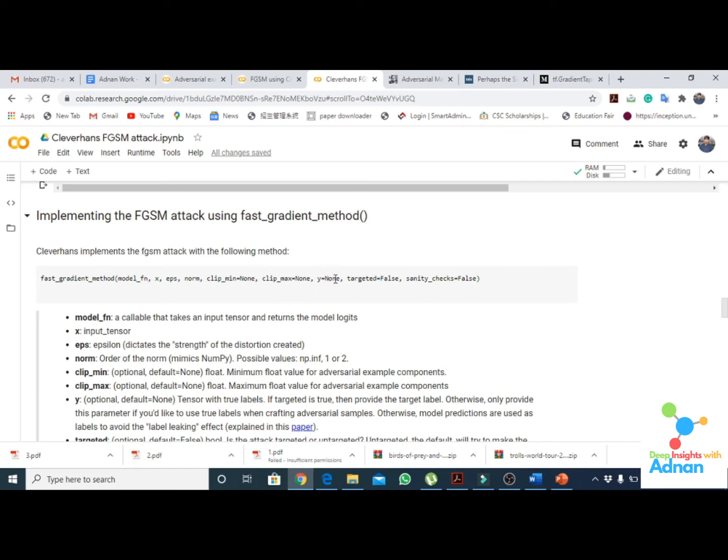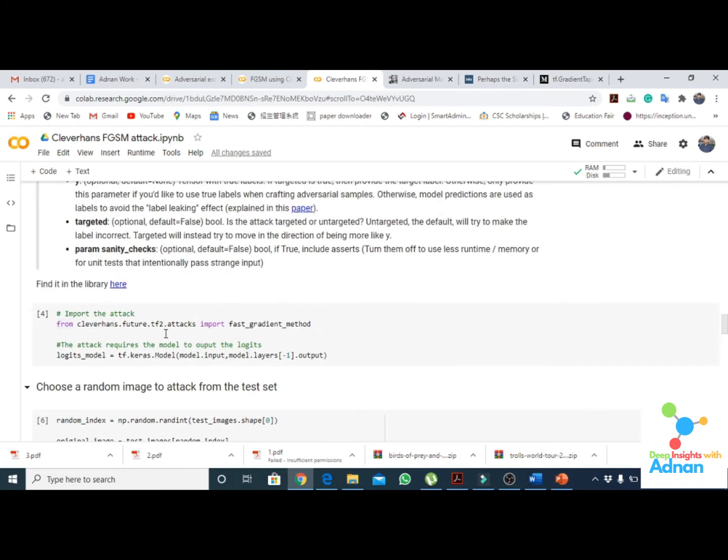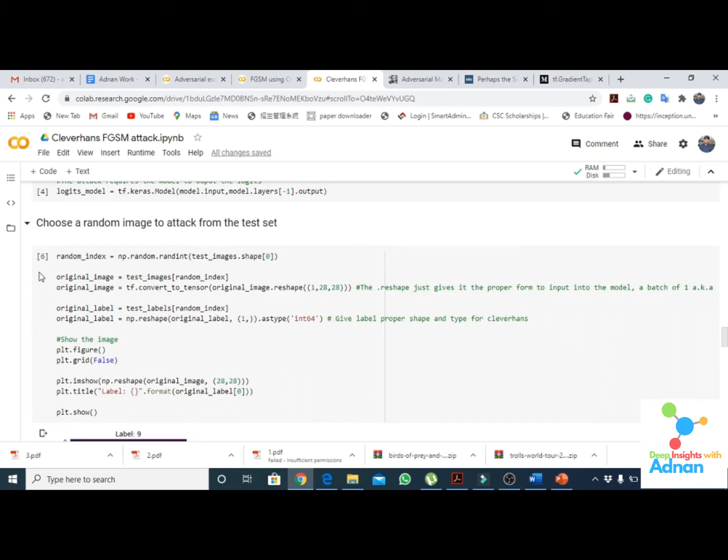And y is for the targeted class, meaning which class you want it to be classified as. If we give an image of 1 and want the model to predict 2, we write 2 and set targeted to true, else it would be false.